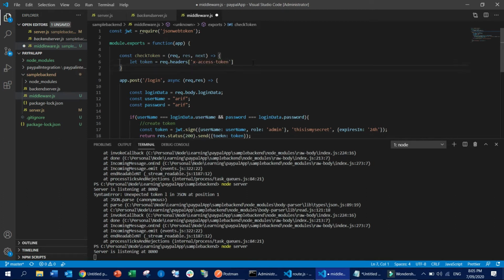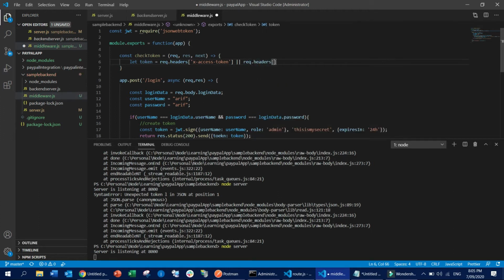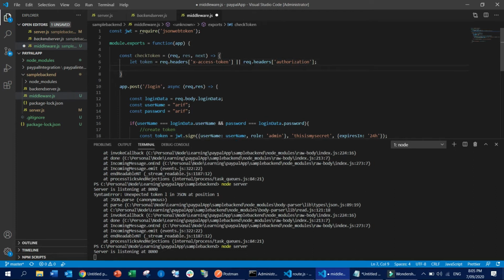Okay, this one, or we will always pass the header in the authorization, so you also need to check request.headers.authorization. So what we are doing is we are grabbing the x-access-token or authorization, whichever we are getting,